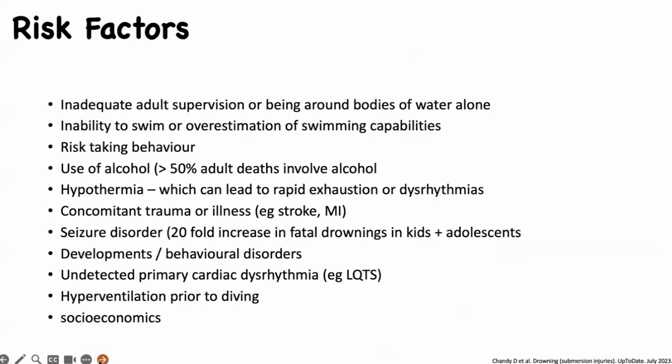Patients that can't swim, unfortunately, or have very poor swimming skills, have a high risk, as well as athletes who push themselves to the maximum and might overestimate their swimming capabilities or put themselves in dangerous circumstances. It's much less likely to happen in that group of people. It's much more likely in people who can't swim, but it is also athletes who will push themselves beyond their limits. Risk-taking behavior, especially in adults, alcohol is commonly involved in drownings.